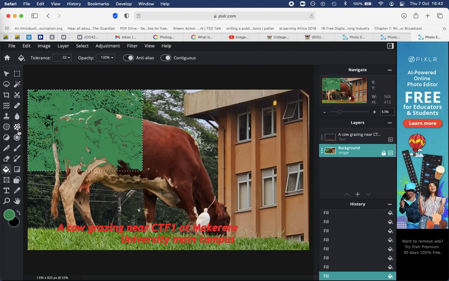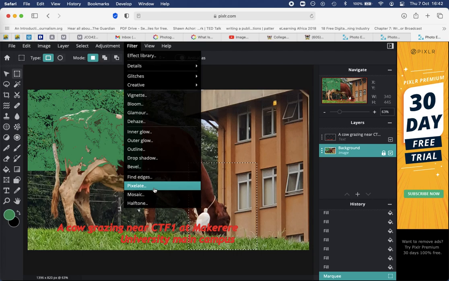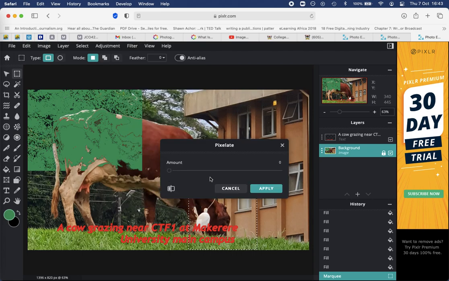tool. The other way that you can apply this, and I think this is quite important, is to use one of the filters. Assuming this is a child whose face you want to hide, because of course they are a child. So I'll come over here, select this part of the picture, come to filter. Under filter, I have what is called pixelate. So under pixelate, I need to choose the amount of pixelation that I want. So you can see the changes happening there. I'm able to kind of blur this so that you don't see